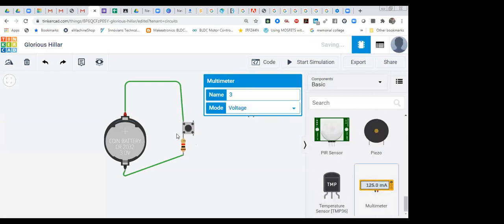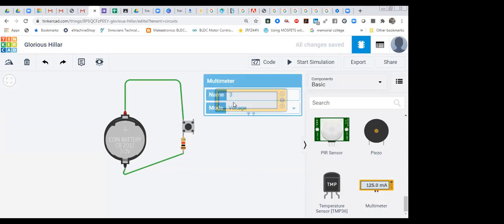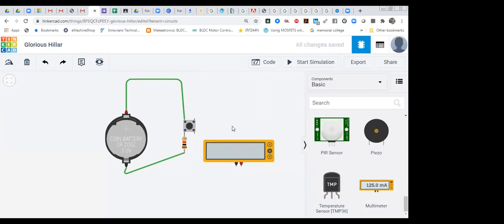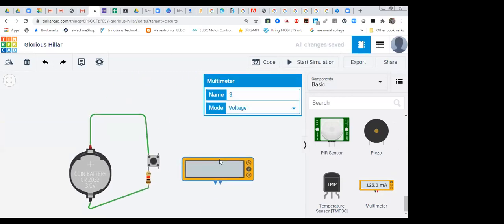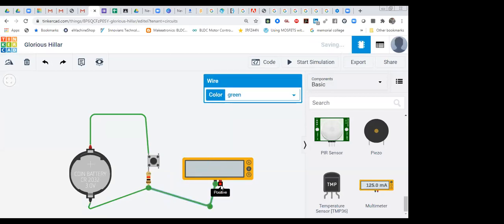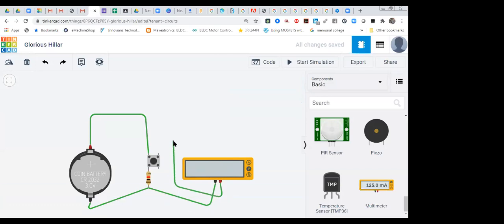Because as I told you, these 2 points are by default connected. So when we are going to get output, we are not going to get any output with the help of this. So we have to use a separate multimeter. With the help of the multimeter, we have to take output. How I'm going to connect that multimeter: ground, negative, we have to connect with negative, and positive, we have to connect with output. So output I'm going to take with this button. Okay. So let's see how it is working.